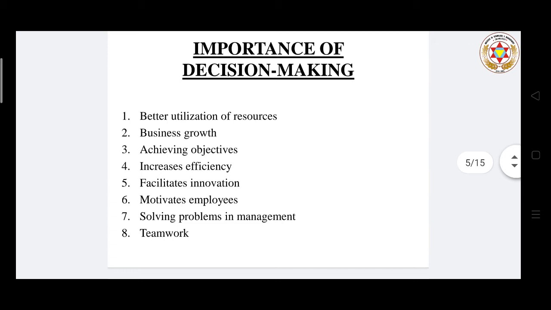Decision making also helps in the measurement of the efficiency of the manager, means how efficient the manager is in taking effective decisions. If a manager has skills, efficiency, intellectual skills, then only he will be able to take a proper decision and analyze the situation also. So basically decision making is both the end and the means.